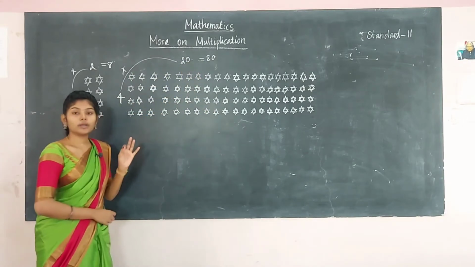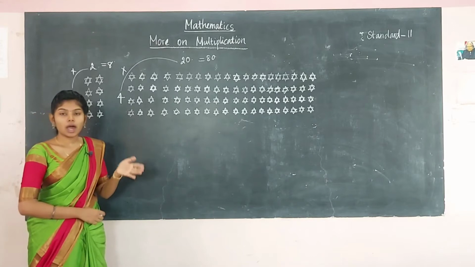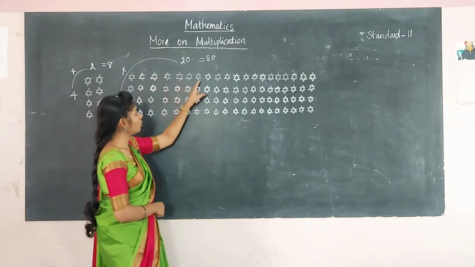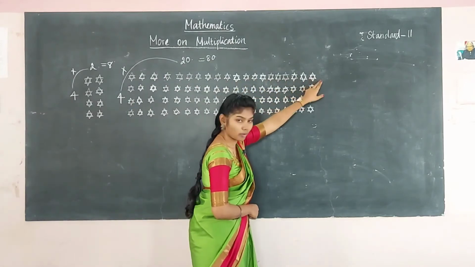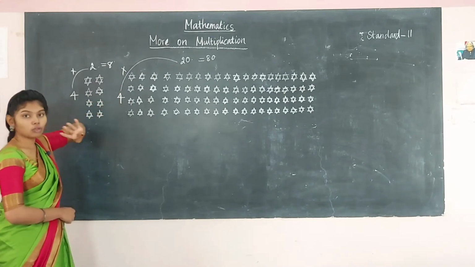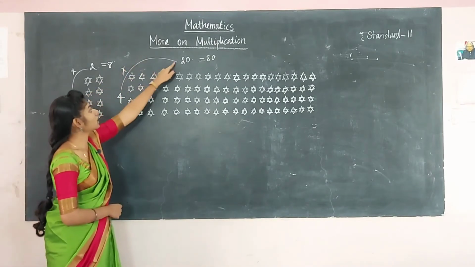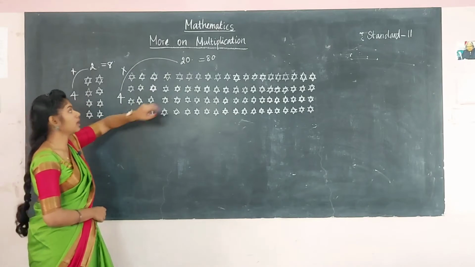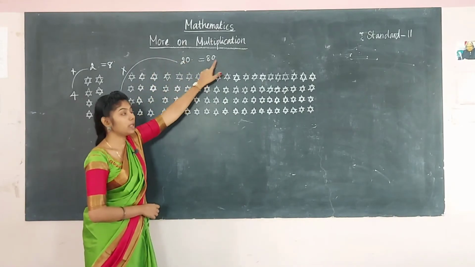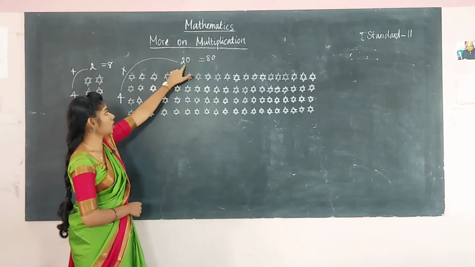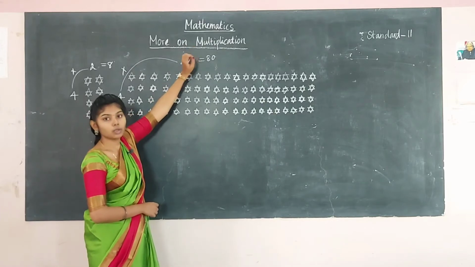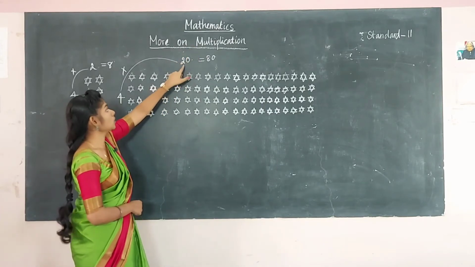So what is multiplication? Repeated addition is multiplication. So here see, while you are counting the stars row wise, you are having 20 stars. Column wise, 4 stars are there. So while you are multiplying this, you will get the answer as 80. So here the shortcut is you have to write the 0 in the last place and you have to multiply the numbers alone. Here 1-digit number and this 1-digit number, you should not look at the 0 since it's a shortcut only. So here 2 is there.